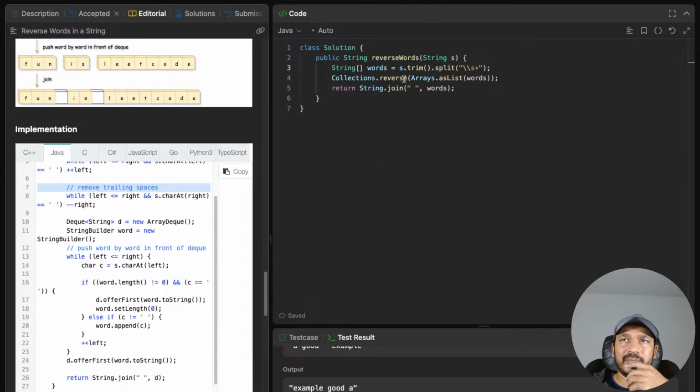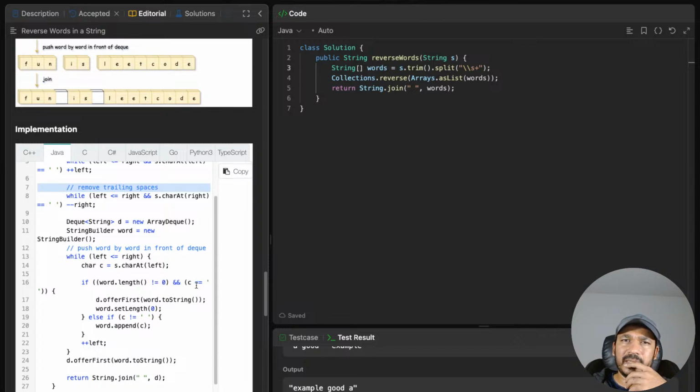So basically, whatever the trim performed, and then a deque, array deque, and a StringBuilder word, to push word by word in front of the deque. While left is less than right, char c is equal to s.charAt(left). If word.length